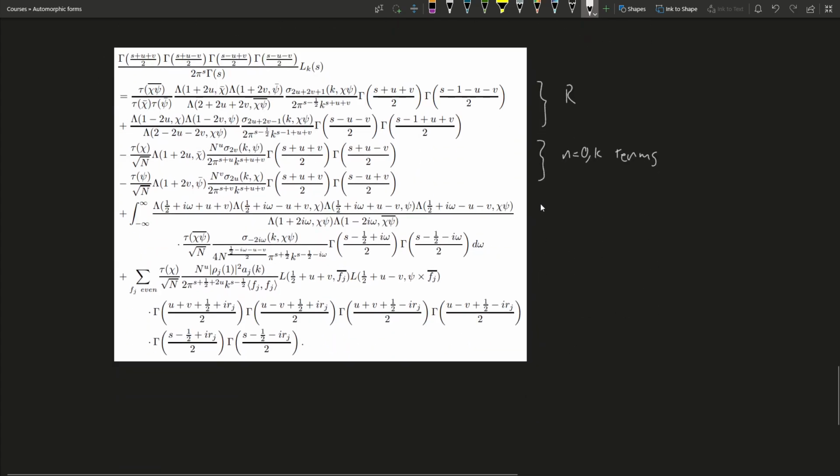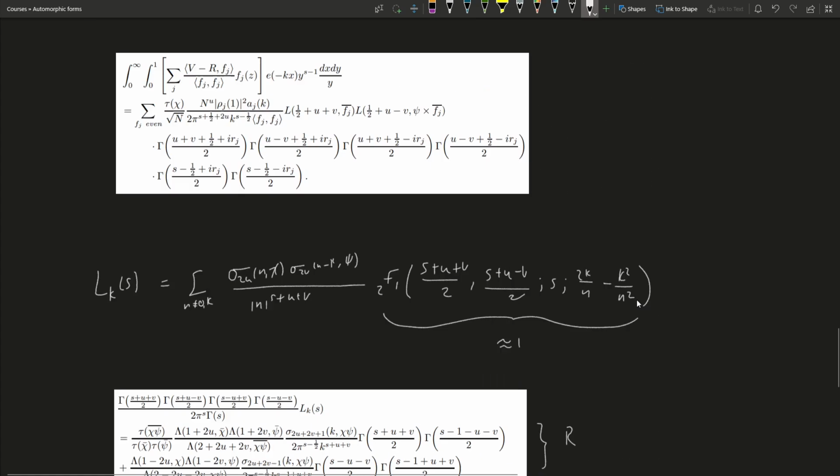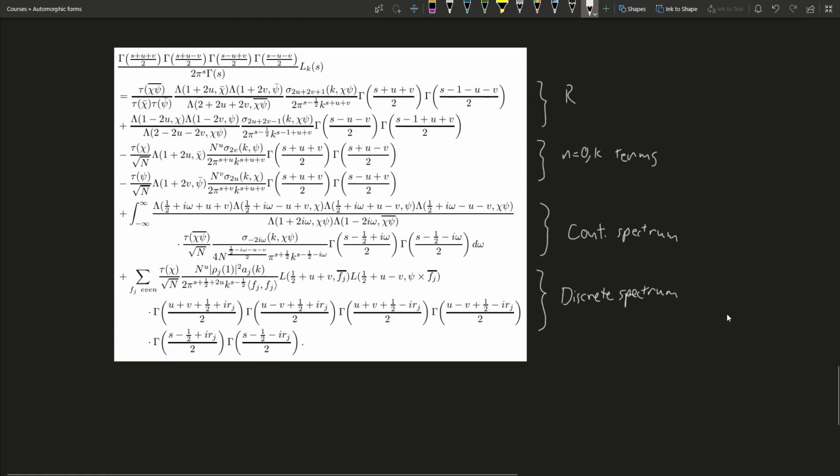Here, this is coming from the continuous spectrum, of course. And this part here is the discrete spectrum. So this is what we saw above, right? This is exactly this expression. So